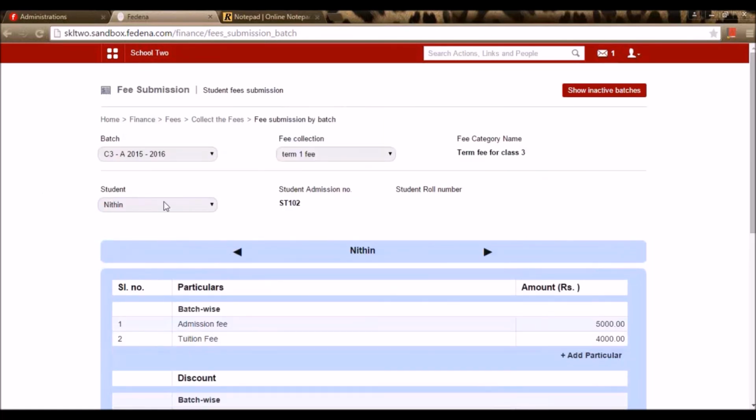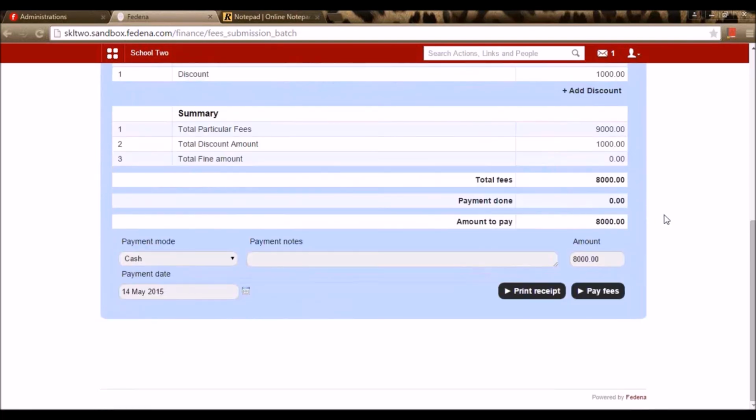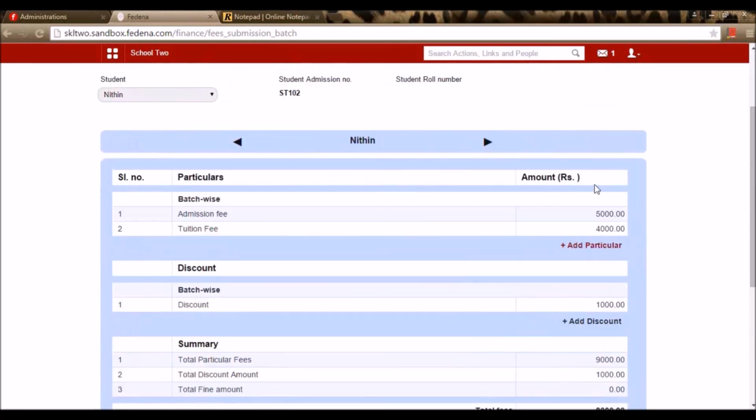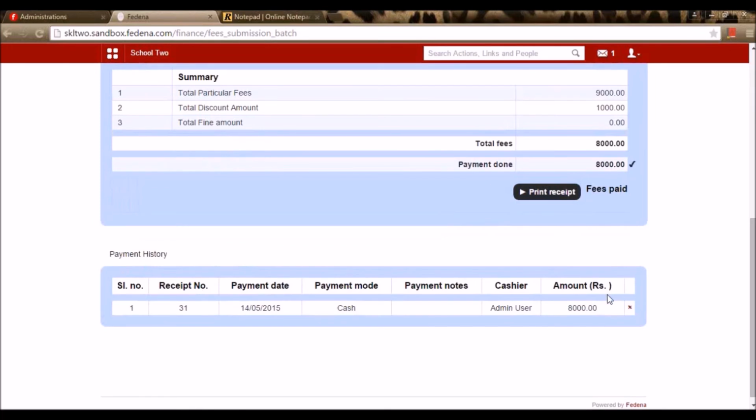So the students available in that particular batch, and I can see their fee structure with the discount that is applicable. I can select another student if required. So I'm selecting the student and I can go for the option pay fee. I can also select the payment mode right here, and any payment mode that I want to provide can be entered here and I can provide the fee here.